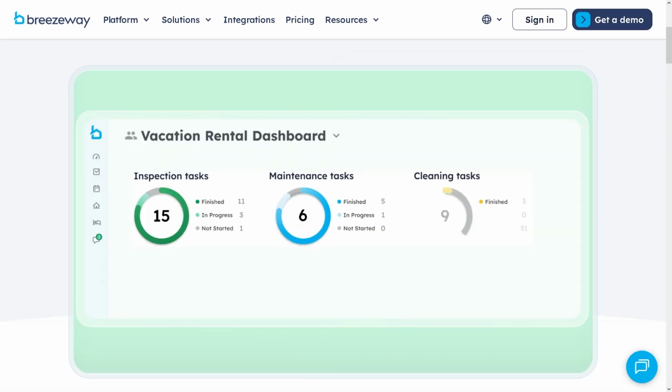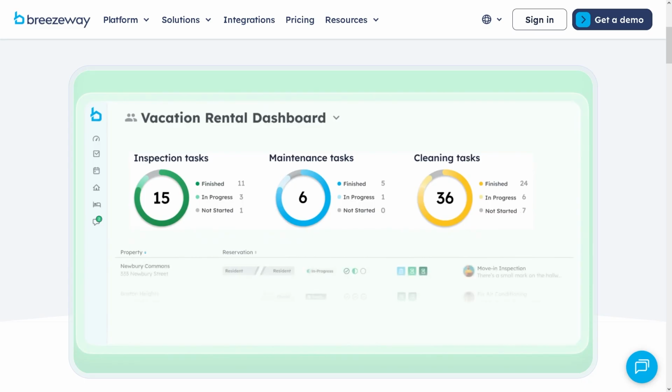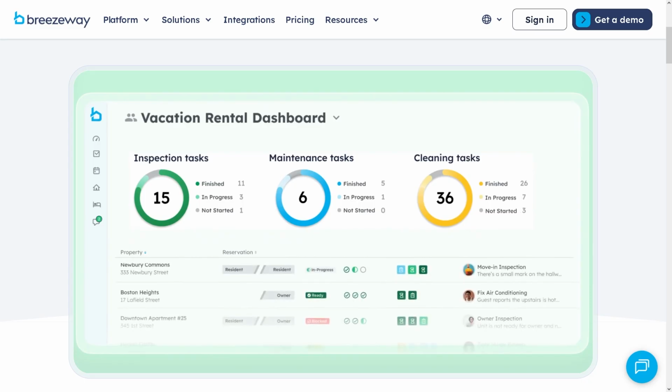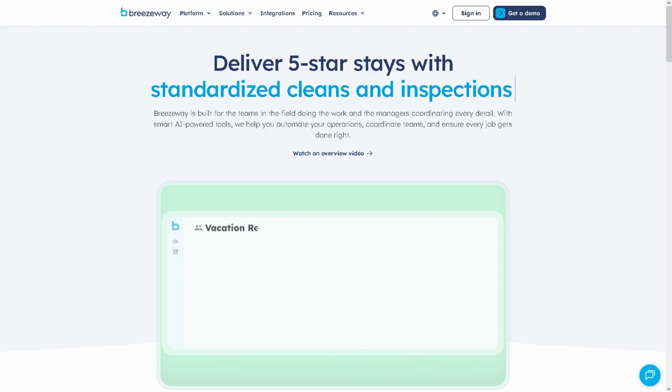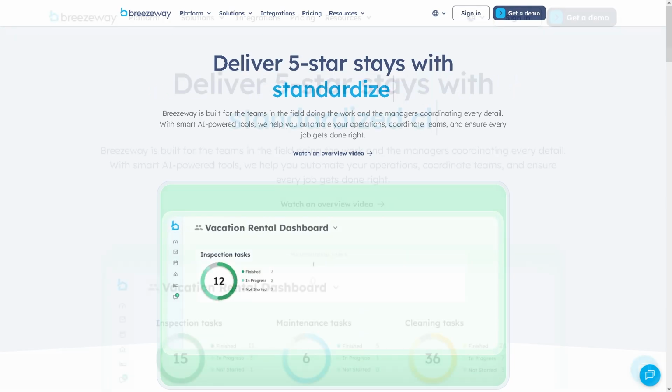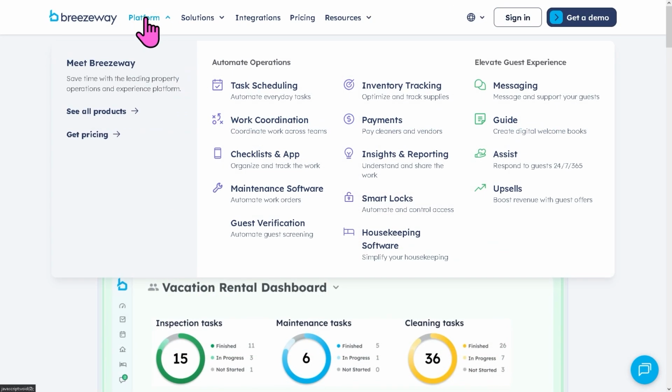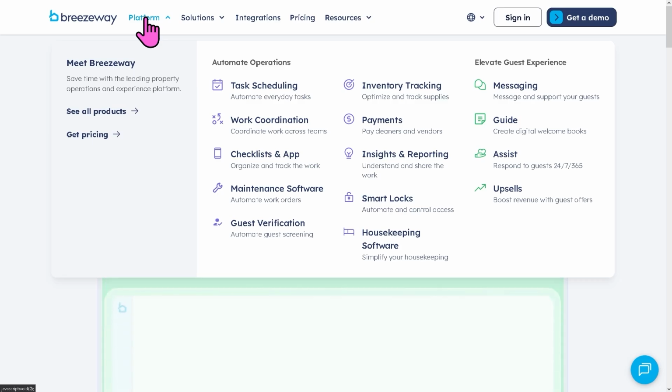So, let's jump right into that tutorial and learn how to use Breezeway like a pro. One thing you'll notice right away is that Breezeway isn't just a single tool. Instead, it offers multiple platforms and features designed for different use cases, depending on how you manage your properties and